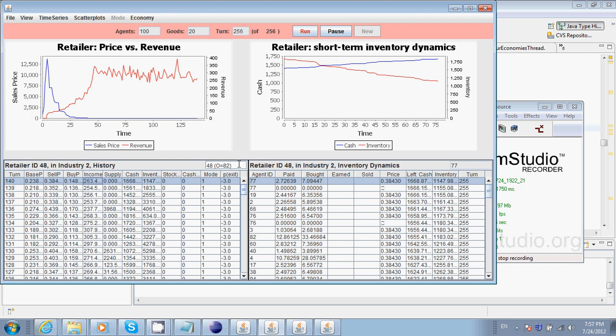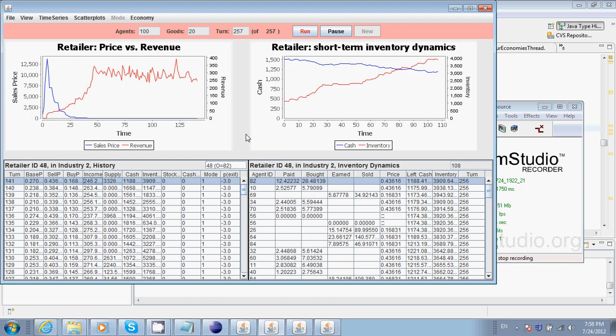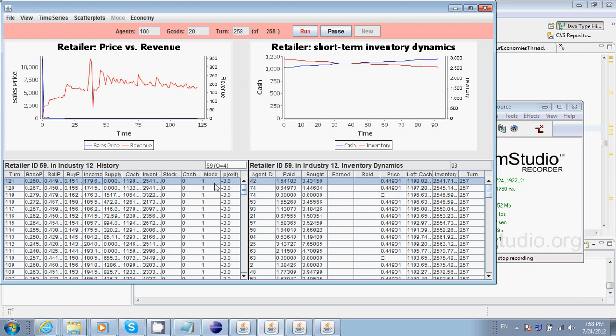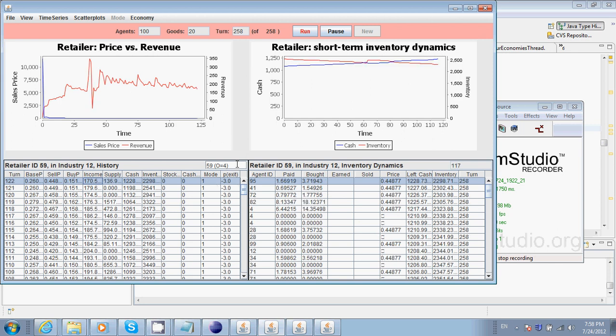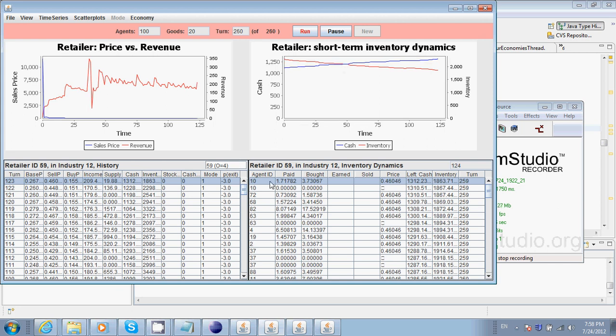Let's try to switch it up. Okay, we got another stable one. This guy also seems to be pretty stable. He's similar. You notice the lines. But let's see if we can find somebody who's